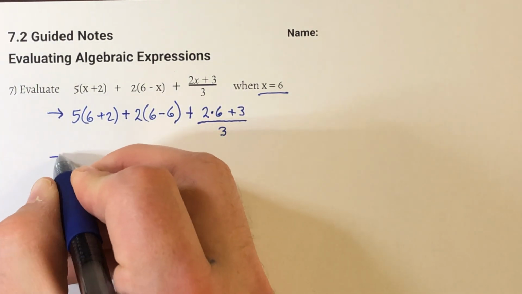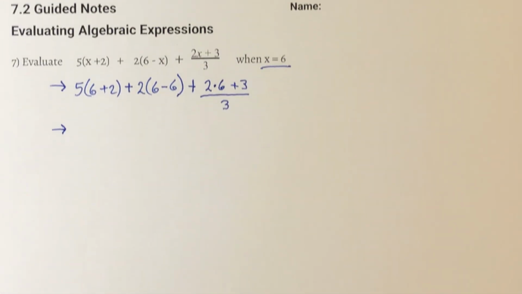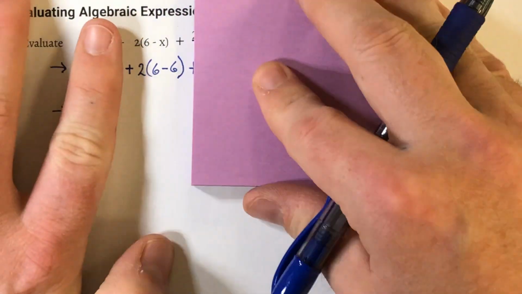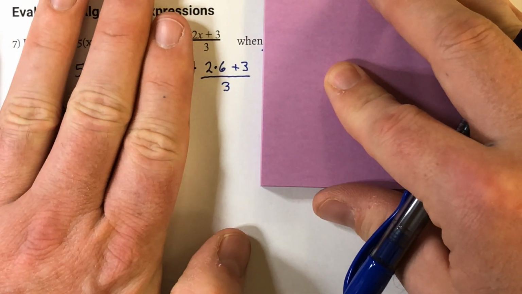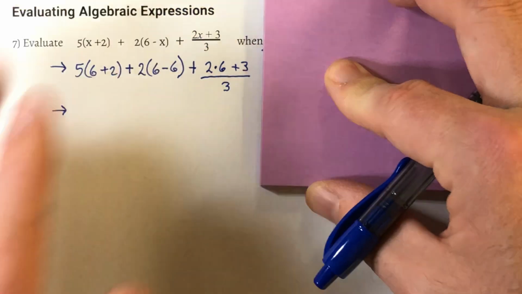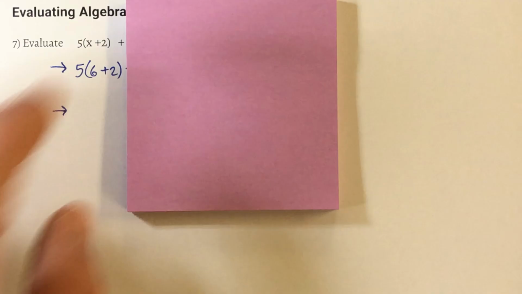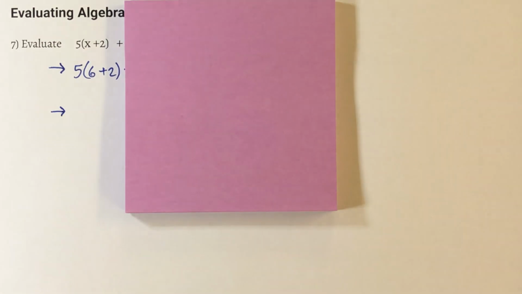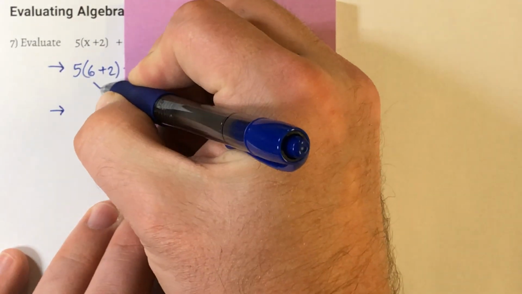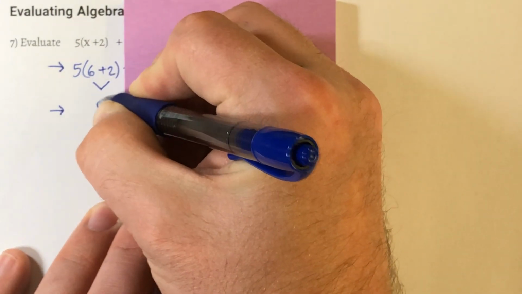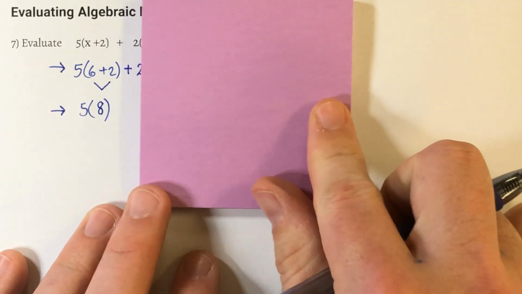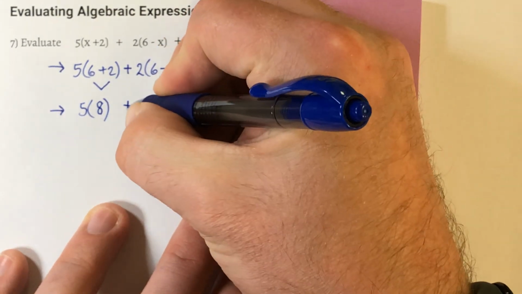All right, next step. This is where we don't want to get overwhelmed. So again, think of this as 3 separate problems. Follow the order of operations, but do one thing at a time. So first, 5 times 6 plus 2. Do I see parentheses? Yes, there's stuff inside to do. So you have to do 6 plus 2 first. 6 plus 2 is 8. So that's going to turn into 5 times 8. All right, let's move on. Plus,